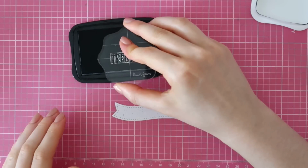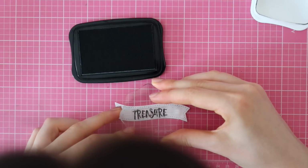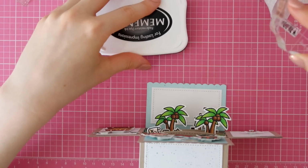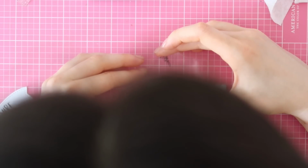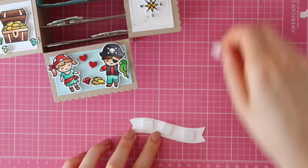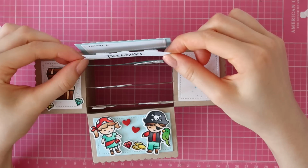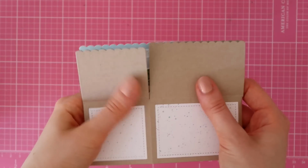create my sentiment piece for this card. I used the fancy stitched banner die cut set from Fawn to create a stitched banner. I also die cut that out of the Spiffy Speckles pattern paper from Fawn, and then I'm stamping on a sentiment from the Ahoy Matey Stamp Set using some Memento Tuxedo black ink. I'm adhering my stitched banner to the back panel of my box card using foam squares, and that finishes up